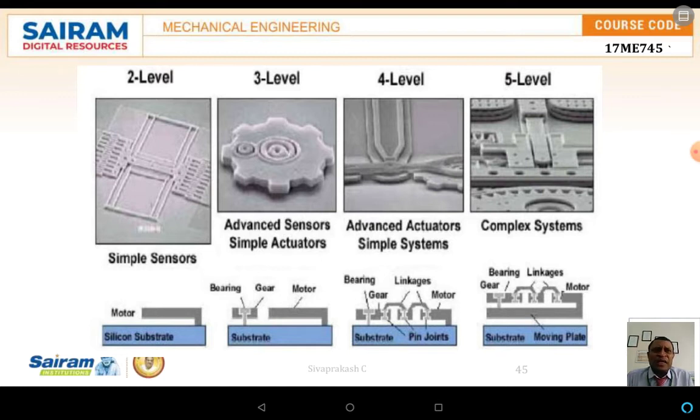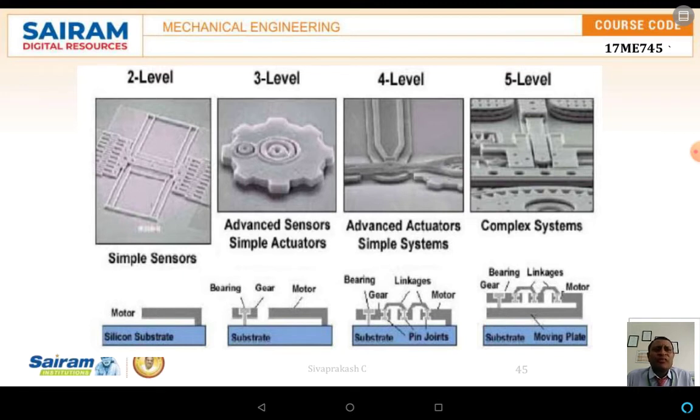Here in this case, the linkages will also be there, and also the actuation and how the linkages are joined. It is joined by means of the pin joints. Even those joints also have to be designed. There was still the complication with respect to the MEMS increased. With respect to the fifth level also, here what has happened, the bearings, the linkages, gears and